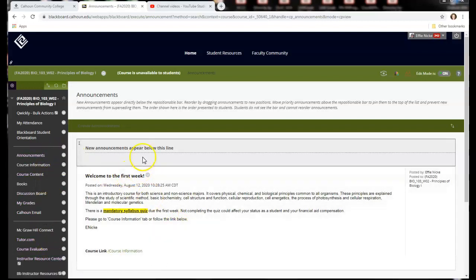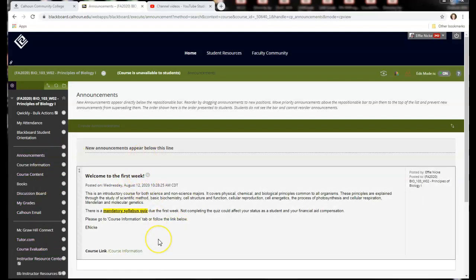First of all, announcements. This announcement board will post information, usually twice a week on Mondays and Fridays. I'll either sum up what we did for the week, tell you about the exam, maybe averages, or tell you what I think you should do to study for the exam, kind of give you a heads up on items that are coming up that are due. So I will also send an email, but it'll also be posted here on the announcement page.